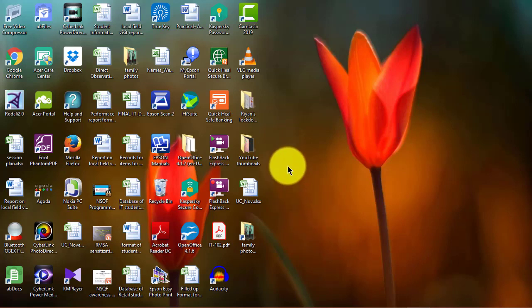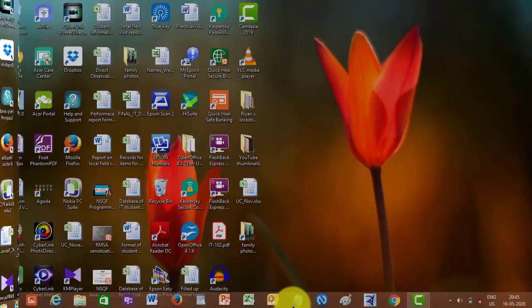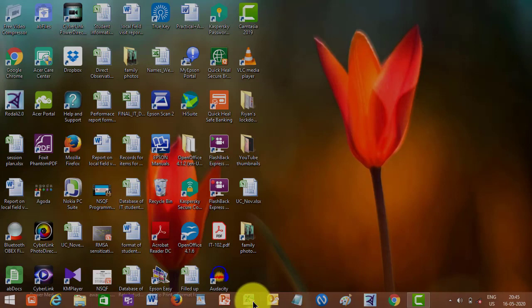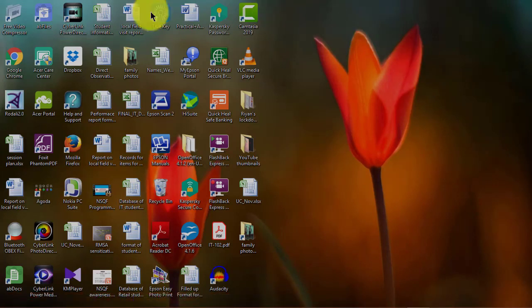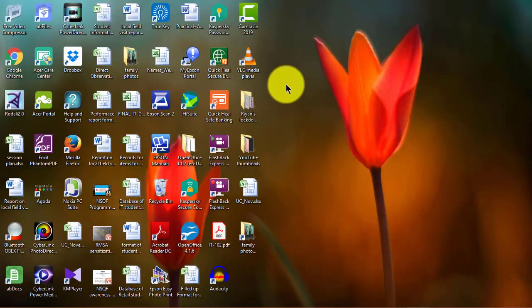Desktop is the first computer screen which is displayed after the operating system is loaded. Here you can see the entire screen is called desktop, where some pictures are visible, and at the back of the pictures one image of the screen is there, and one horizontal bar is there. So the entire screen is called desktop. Next, what are the various elements of a desktop?